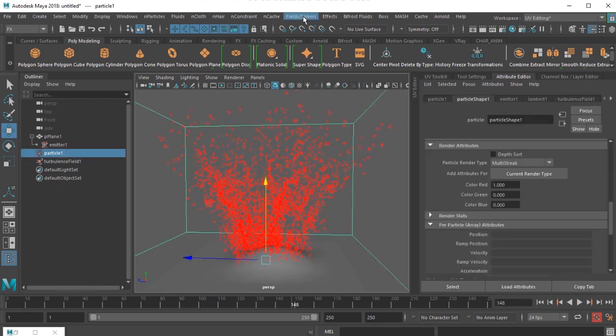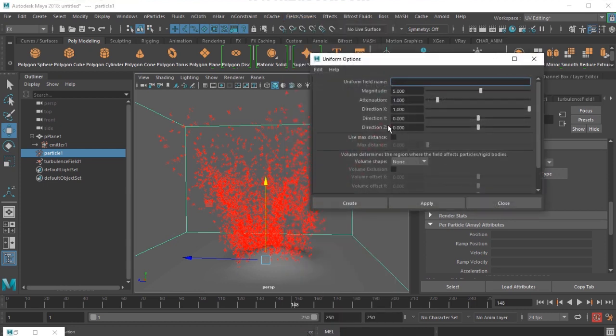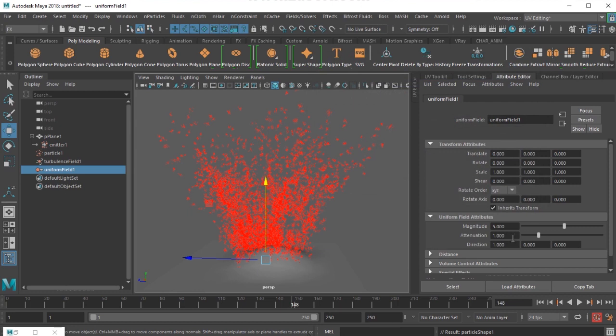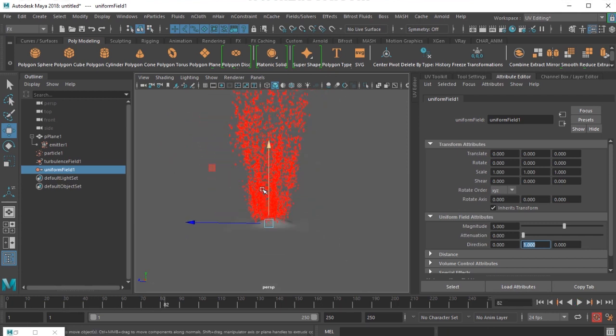I select the particles and I apply a field called uniform field. I'll create the default uniform, and the first setting I would like to change is the attenuation. I'll make it 0, and the direction I'll change to positive y, 1 in the y. The particles are more pulled towards the upper side.